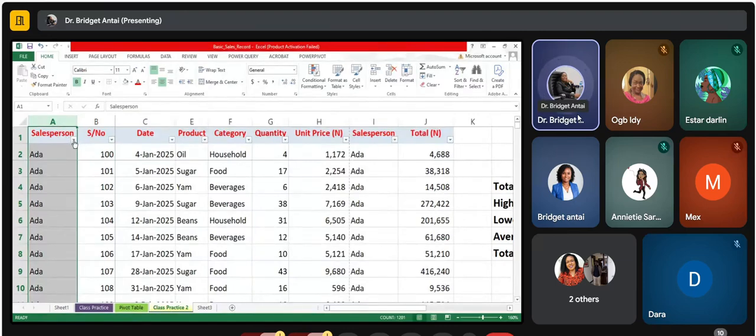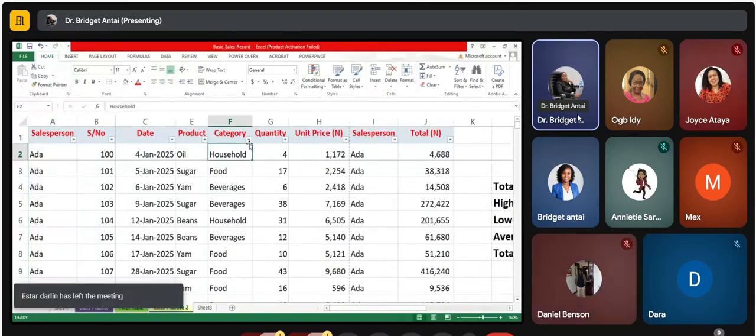So I can click on this drop down arrow. These are the employees there, right? So that is what the filter does. It helps you to view specific information. So I want to see all the categories, beverages. So I will select on category. I click on category,